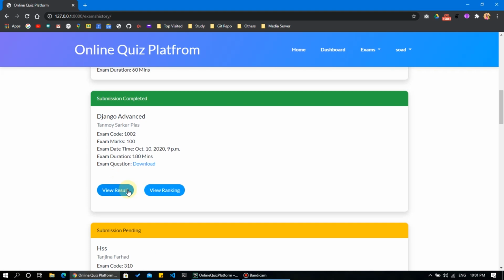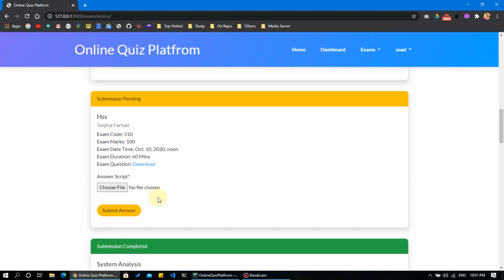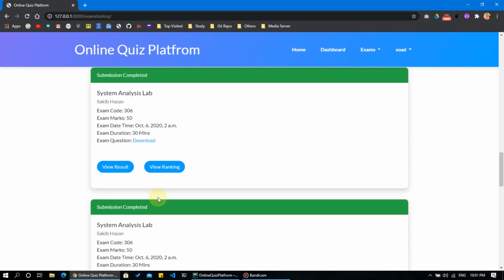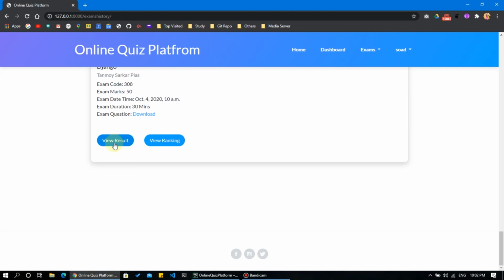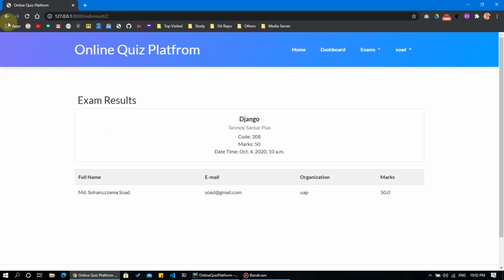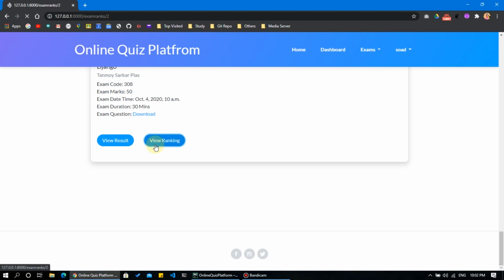And when the result is published, the examinee can view the result and view the ranking. The examinee has all result options so that the examinee can see all the results.